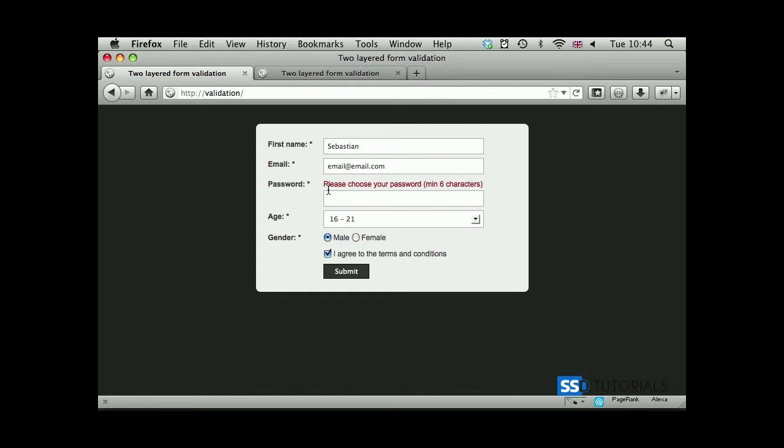First of all, we have a problem with the password, obviously, because it was less than 6 characters, but also because it's a password, it's emptied the field on its own. So basically the value which has been entered onto the password has been removed. So if I now put some password with 6 characters or more